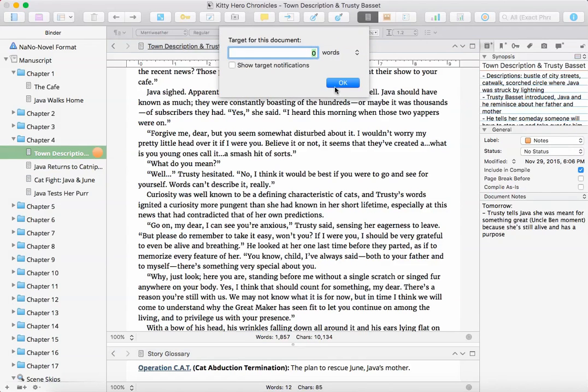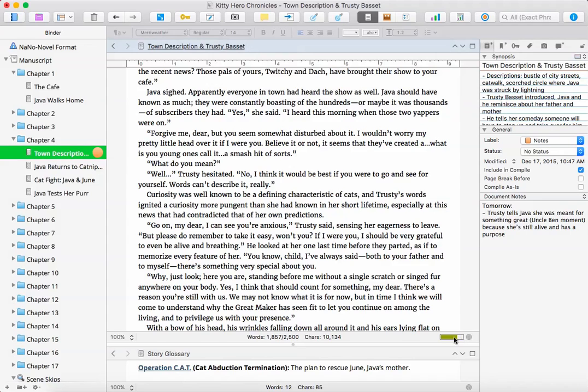This is my target. If I wanted to make a target for a scene, okay, let's say I want all my scenes to be 2,500 words long. So I would put 2,500 there, and let's just show you what happens here. This scene is 1857, so if I put 2,500 as my target, once you reach it, it will show a notification, hooray, you reached your word count. So it's kind of like Pavlov's bell. It's a good motivator. So if I click OK, now we can see how far away, just at a glance,